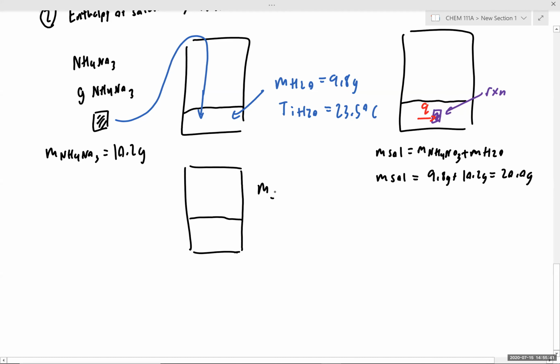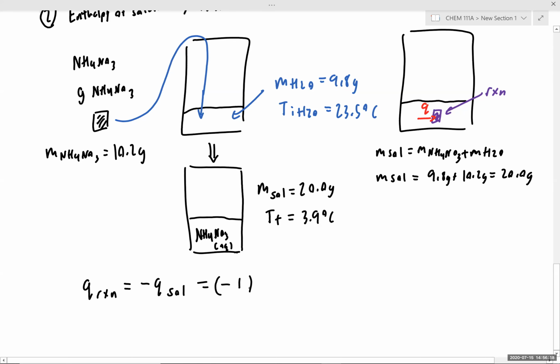Where the mass of our solution is equal to 20.0 grams, and the final temperature of our solution is equal to what? What's the final temperature for our ammonium nitrate run? What's the final temperature that we got after we dissolved ammonium nitrate? 3.9 degrees Celsius. Okay, so now we know that Q reaction is going to be equal to negative Q solution,